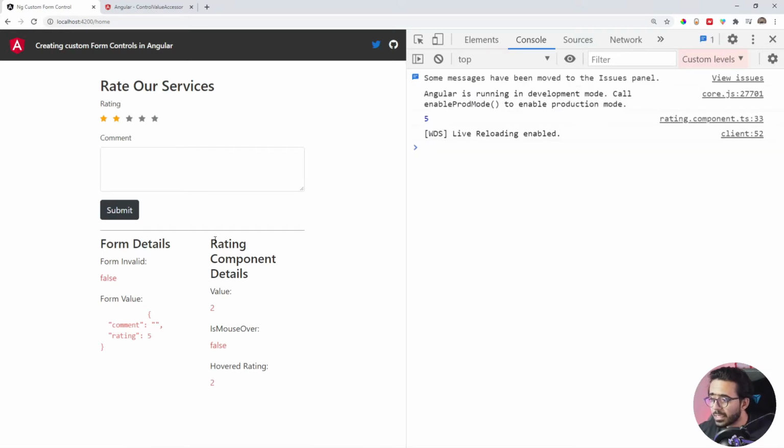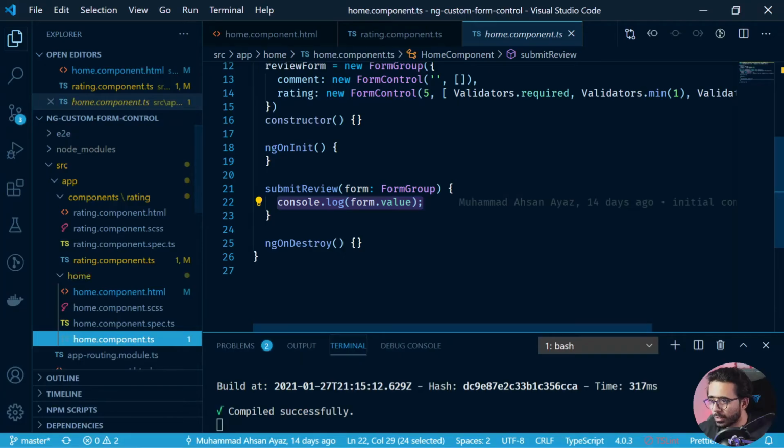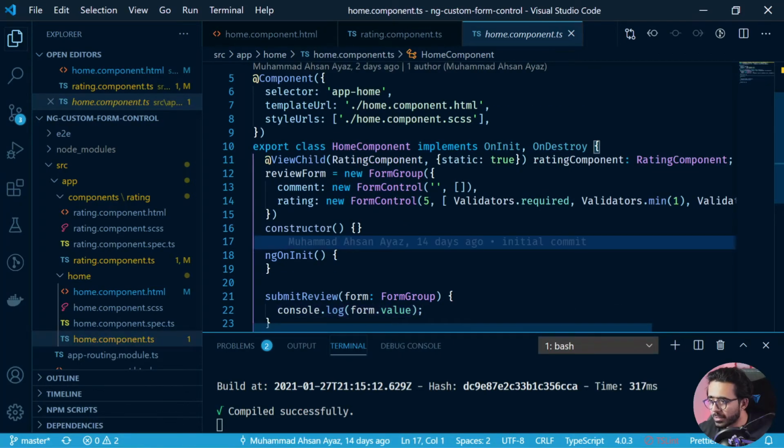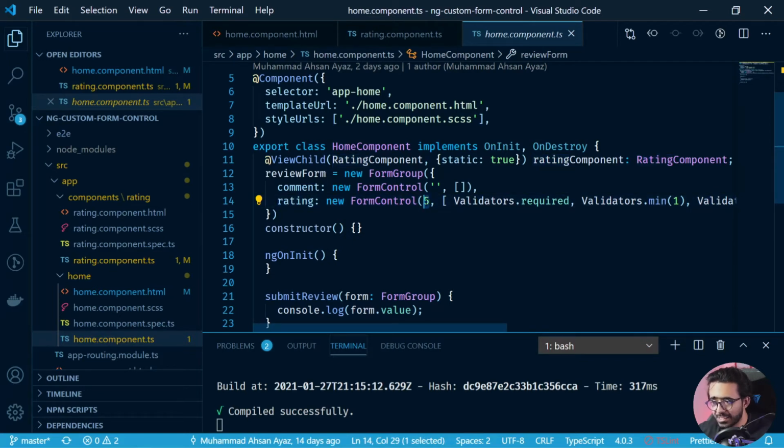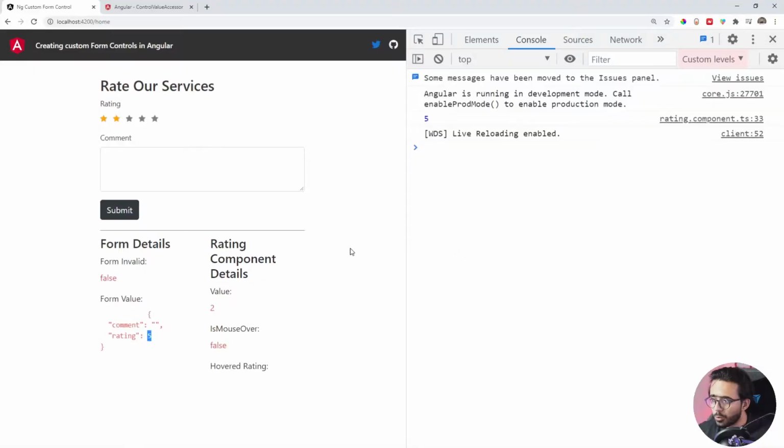Now you can see that the rating component details shows the value 2, but the value of the form rating component is 5. So the form control's value is 5 that we set in the home component. Let me show you. So I'm talking about this home component's rating 5, this value here. So when our component initiates the rating component, its value should be 5 and 5 stars should be selected, right? But they don't. Why? If I go back to the browser, you see here is a log that says 5,